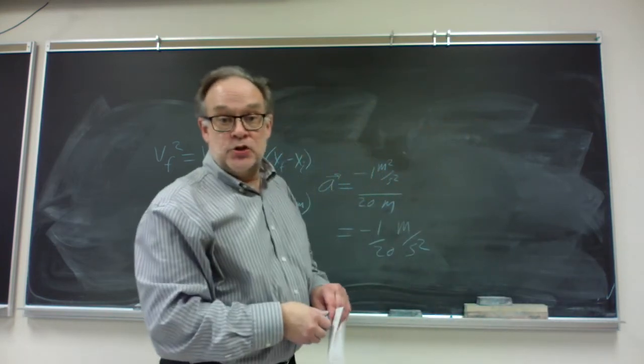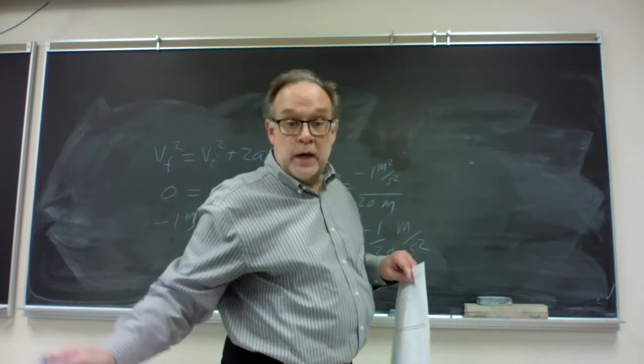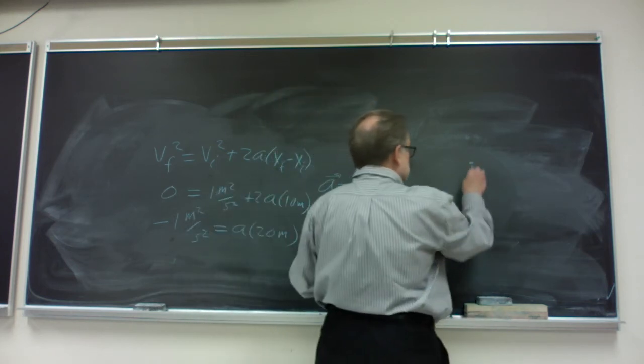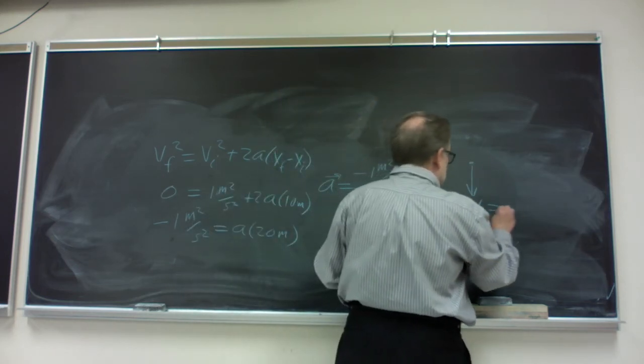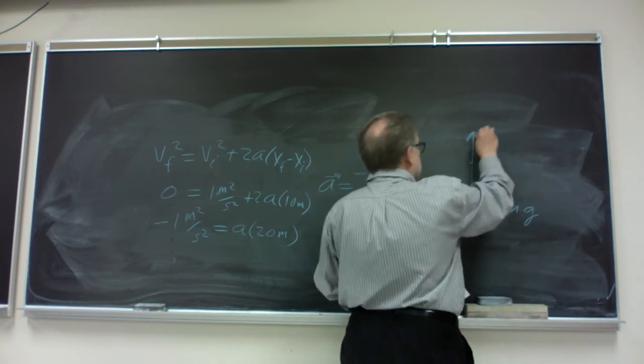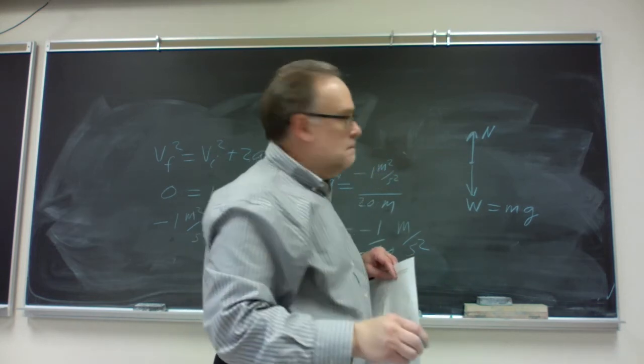What's happening in this situation is there are just 3 forces on the stone after the pusher has stopped pushing. Weight, which is, of course, mass times g, and then normal force from the surface of the ice pushing up, and then